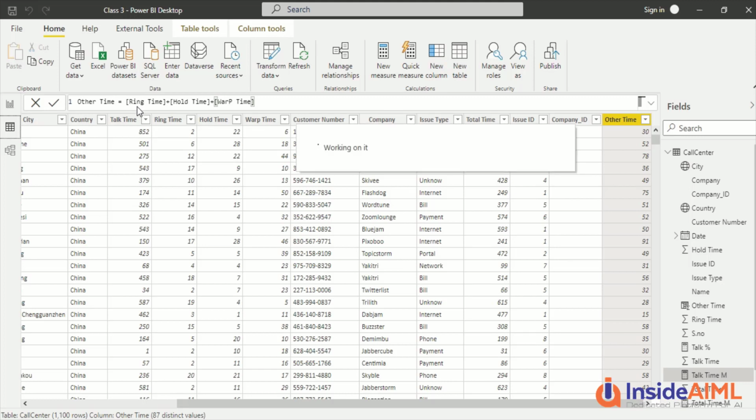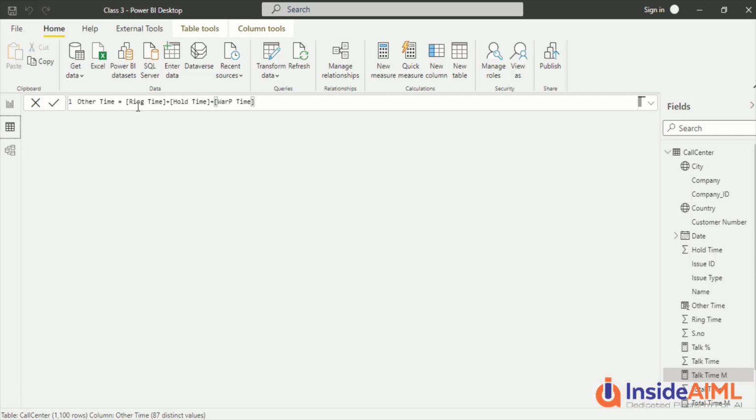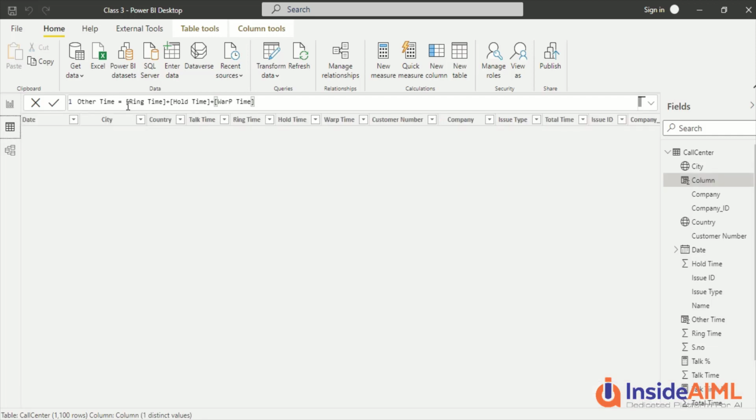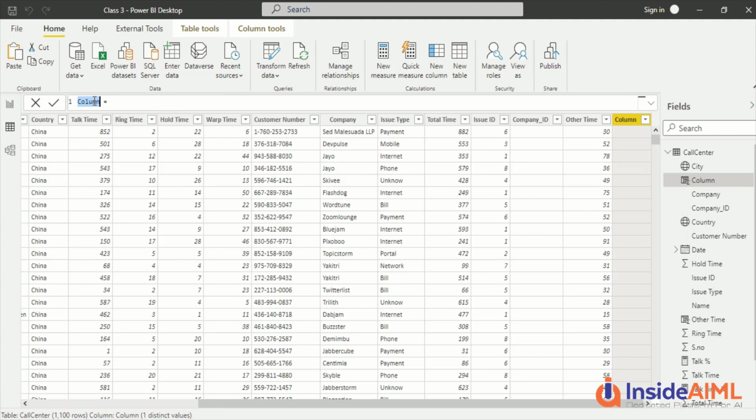I'll create a remaining time column. So you got this remaining time. Then we will say total time, the column, not the measure.